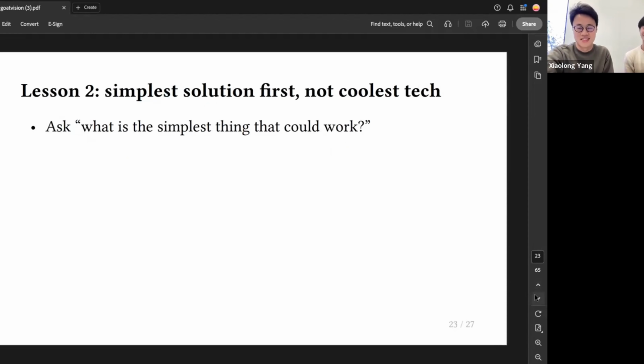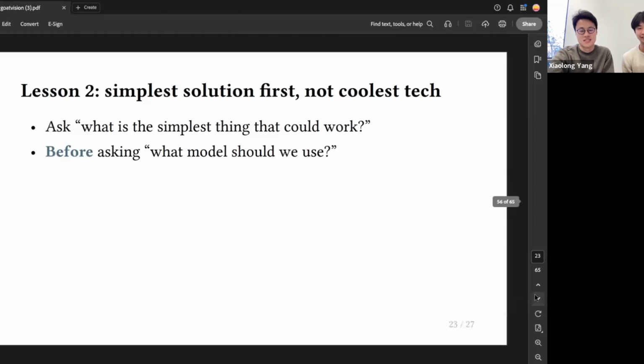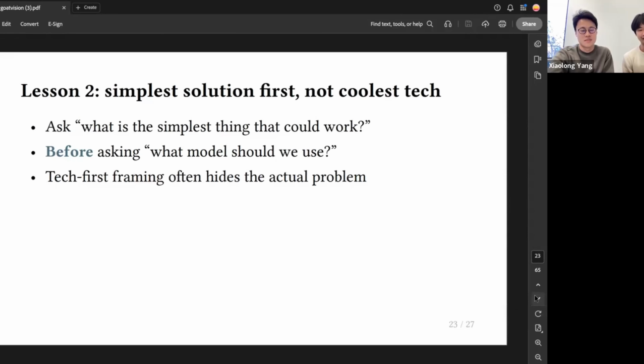The second lesson is try to keep things simple. There's a lot of times, especially, I think, people who are into engineering fields, they're over optimizing in the beginning for parts that they don't even use at the end. So for us, it'd be like thinking about all the different models that we could use. Would it be SAM? Would it be YOLO? Would it be this or that? And then only to find out at the end, you can't even deploy like 80% of these in the actual field. So always try to make things the simplest. Don't overcomplicate things, because a lot of times it's just discarded.